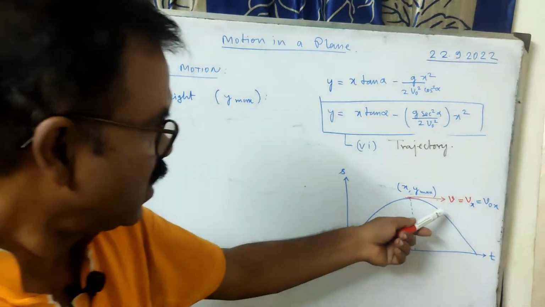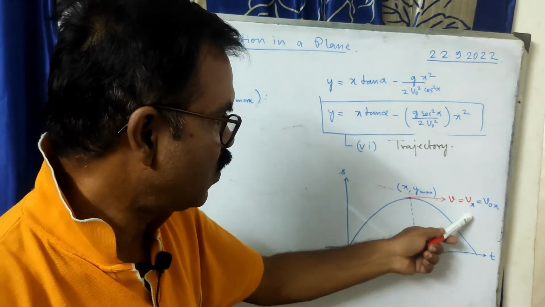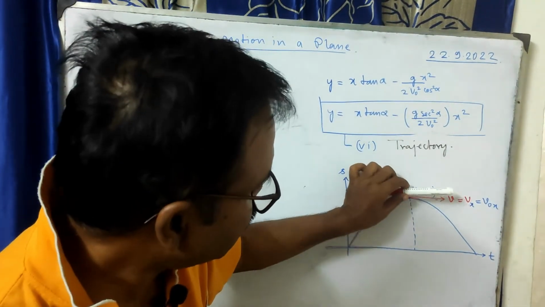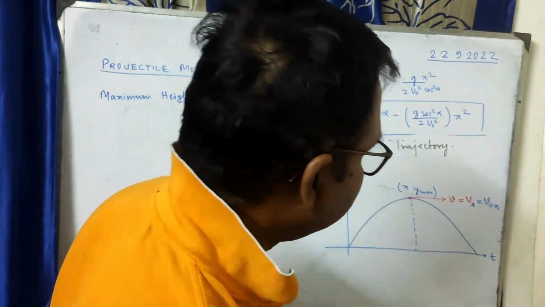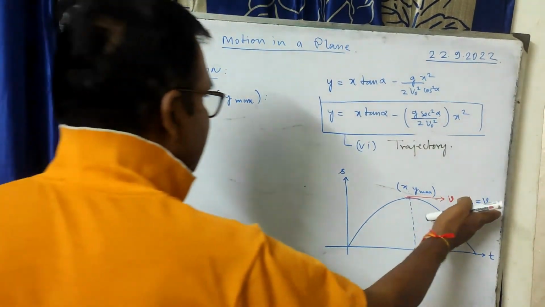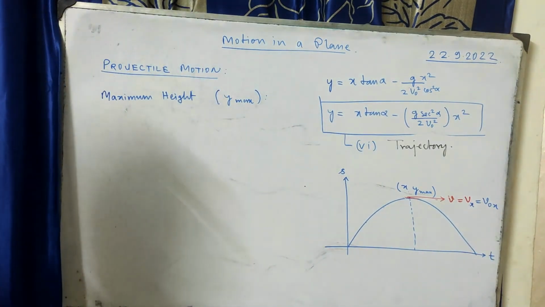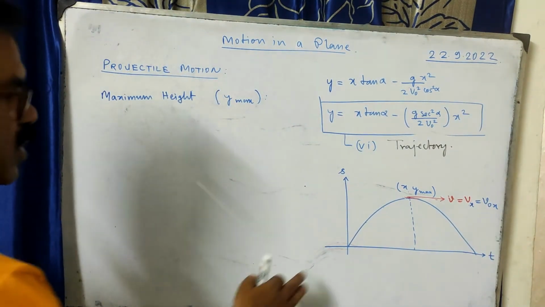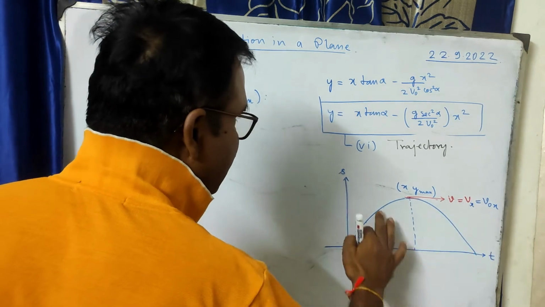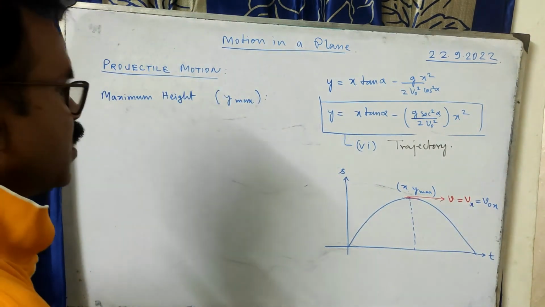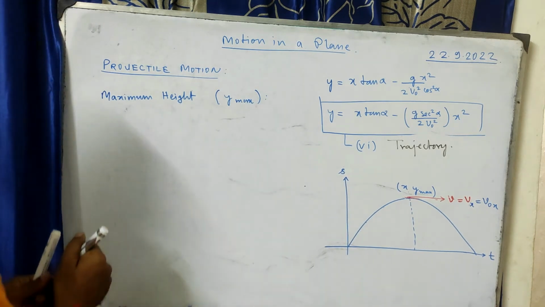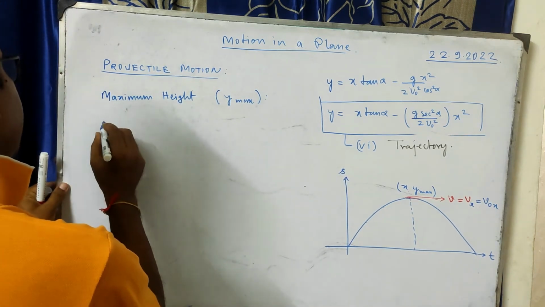Vx is there, isn't it? This V is Vx. V is equal to Vx. That's what I am telling. Here it will be horizontal, in this direction. So this is Vx, right? And that is nothing but V0x. V0x is always constant, right? At 0 also, whatever velocity you get, at any time you will get the same Vx value. That is constant. So now the key idea is, at maximum height,